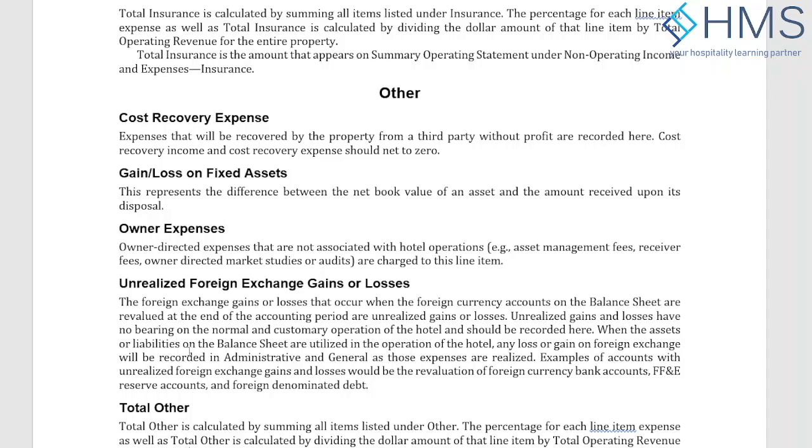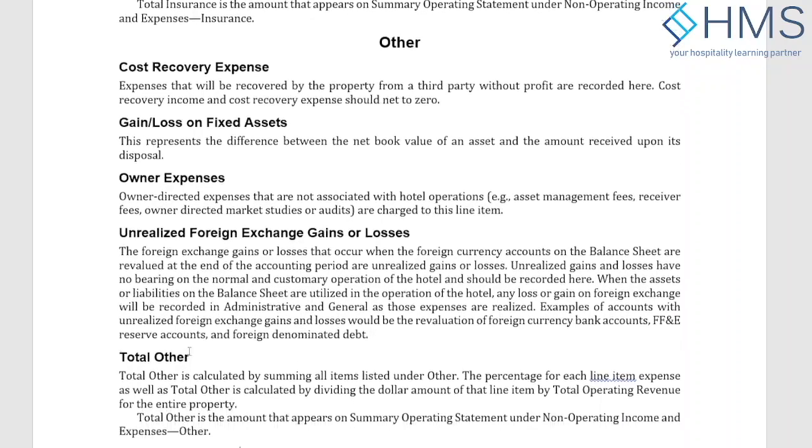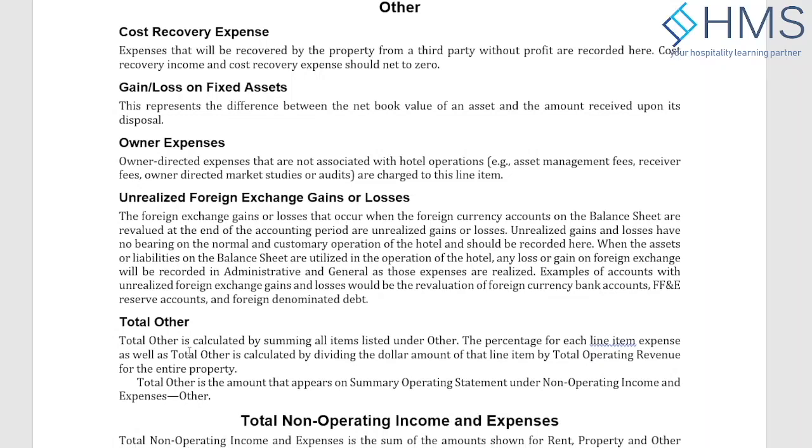Especially when they are not associated with the hotel operation, like the owner using the property by themselves, or doing their own wedding in the hotel, if you are not charging the owner, then the cost will go into owner expenses, not to the hotel's general operating expenses. That usually happens, right? The owner is using the property for their own benefit as well. Yes, sir, it happens. Maybe you can see how often it is, and whether the cost is charged to the non-operating expenses.